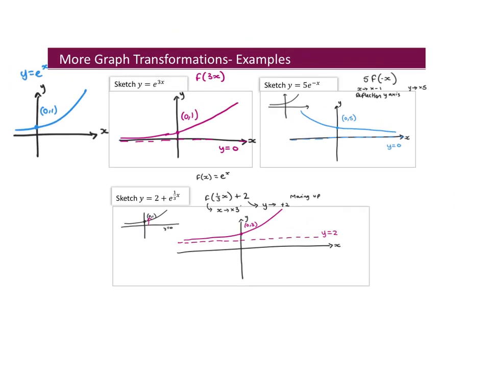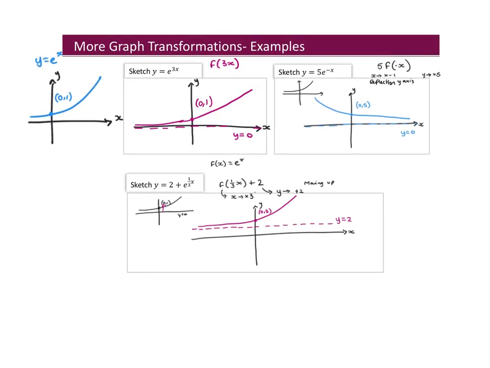Now, you'll see in a lot of the books, here I always write the asymptote y equals 0. I always write it. You'll see in the textbook they don't always write it. But what happens is when we get to a question like this, where we're translating it up, people forget about the asymptote and lose marks. Okay? So this is why it's good to get into the habit and really understand that actually anything to the power of x,